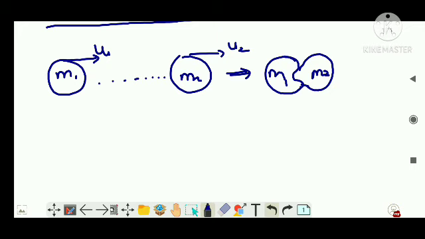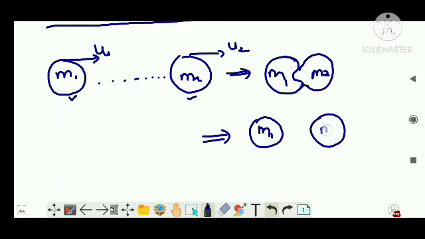So let's say M1 and M2 are very elastic in nature. When they collide, both will be deformed for a fraction of a second. After that, let's say M1 has regained its shape and M2 has also regained its shape, but their velocities have changed to v1 and v2 respectively. Now I have said this is a perfectly elastic collision.